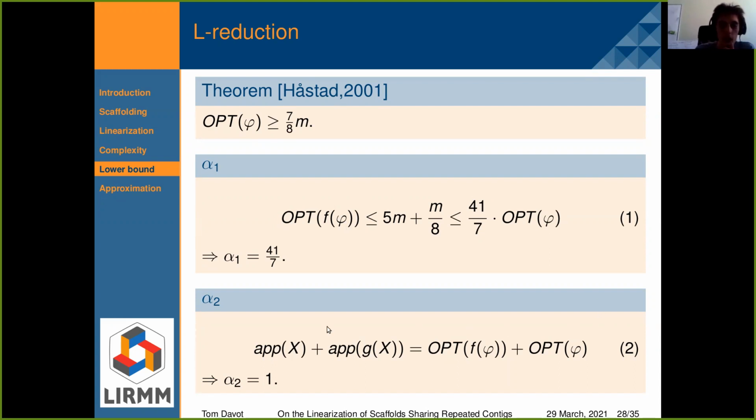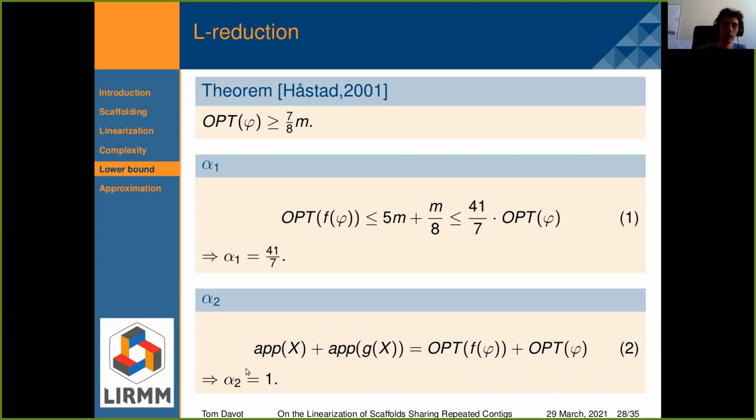And for alpha 2, we know that if a clause is unsatisfied in the Boolean formula, then we have to add 1 extra cut in the construction. So if we add the 2 scores of an approximation solution and an optimal solution, we obtain the same value, like this.